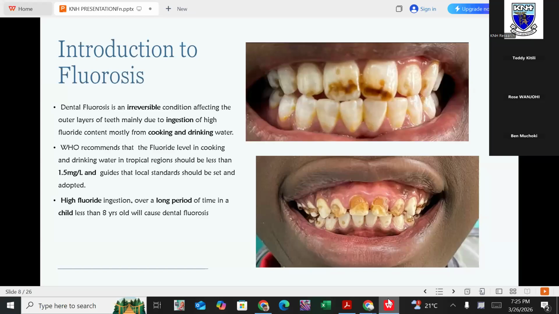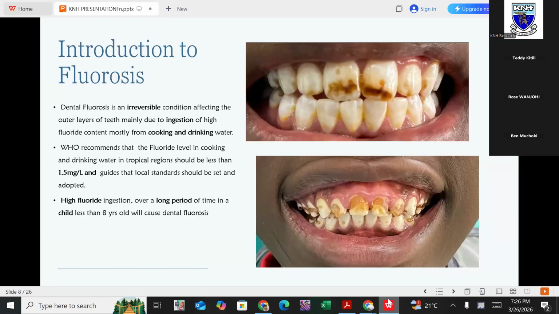I have highlighted because we'll have a lot of people saying I have safe cooking and safe drinking water, but I use the tap water or the borehole water for cooking. And I want to tell you that as scientists, fluoride is a salt. So when you boil the water, when you use it to cook tea and you cook properly, the water evaporates, and what you end up having is a higher concentration of the fluoride.